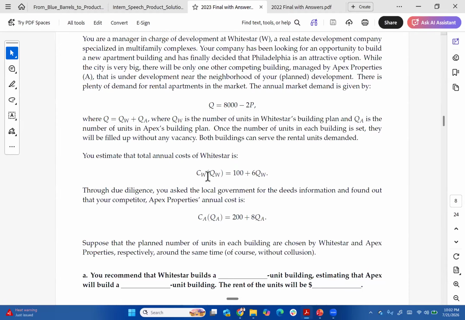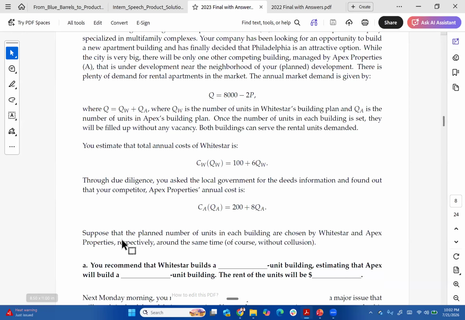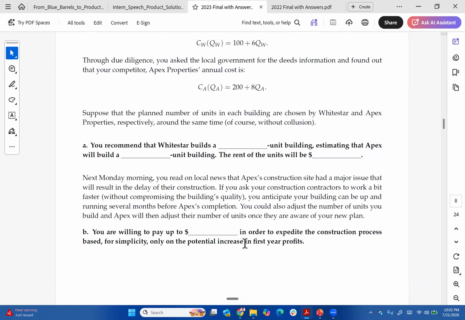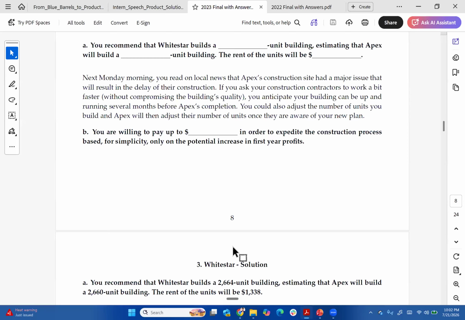So same time, competing on quantity, that's a classic Cournot. So this is the classic Cournot part A. Then part B might be Stackelberg, like one of you guys can go first. I don't know what part B says. But anyway, my point is